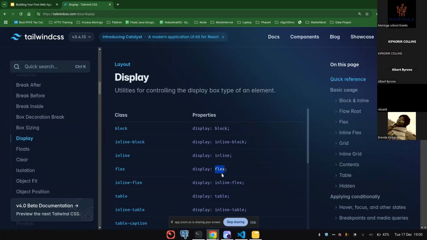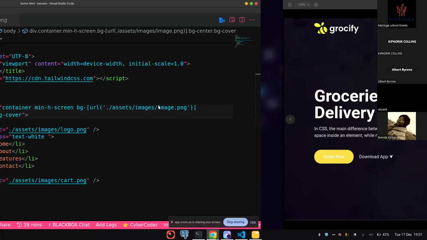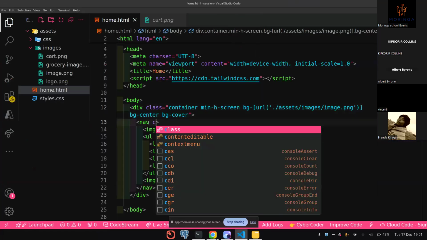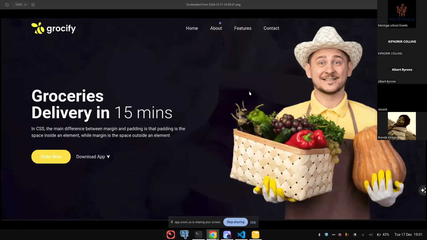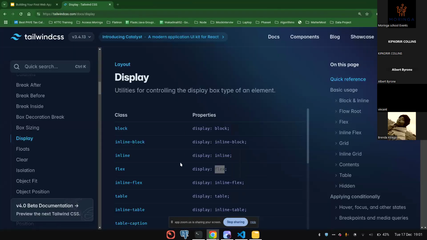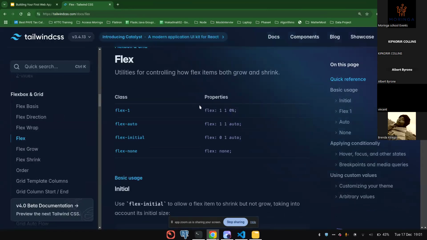And the first thing I'm going to do is I'm going to have our nav, right? I'm going to have our nav, and I'm going to call a class and then define the display to be flex and see what happens. Now, if you call the display to be flex, now you come here and check on flex. Flex has different properties,